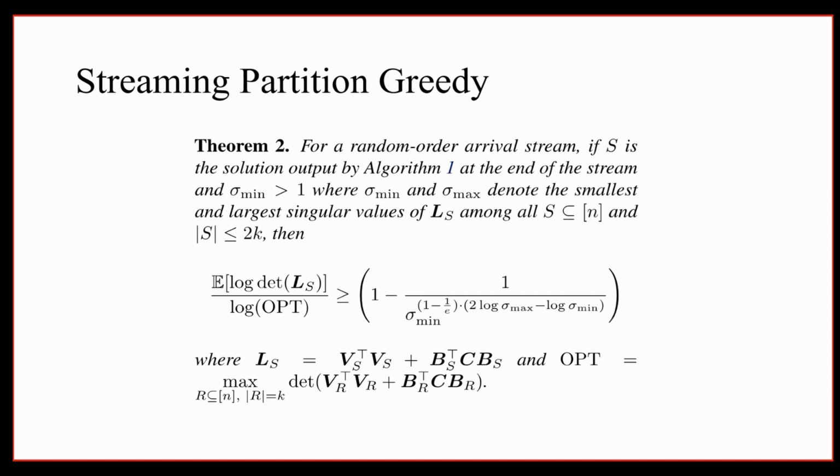And here we show that if you assume that the underlying stream is arriving in a random order, then you can show an approximation bound for this algorithm. You actually need this random order arrival, because if you don't assume it and an adversary is allowed, then you can have all the best k items at the very end of the stream. Then, irrespective of whatever algorithm you use, you cannot achieve any meaningful approximation in one pass.